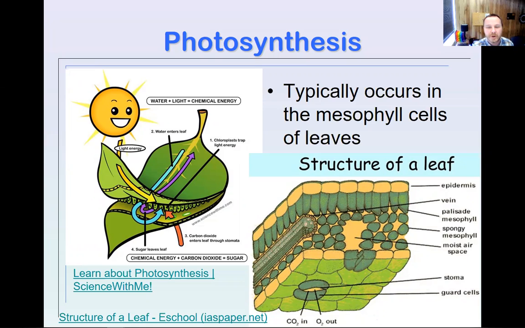Photosynthesis typically occurs in cells within leaves that we call the mesophyll. The mesophyll has a couple of different layers. It's got what we call the palisade mesophyll, that's the cells right at the surface that's getting struck by the sun. There's also spongy mesophyll. Photosynthesis basically takes place in this layer, but especially in these that are right here on